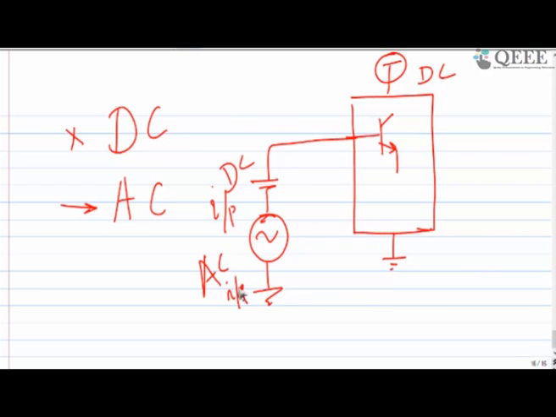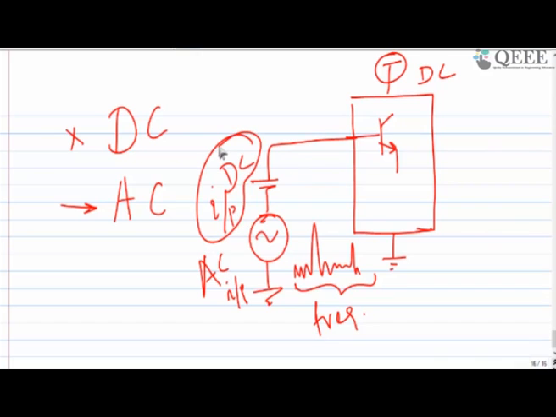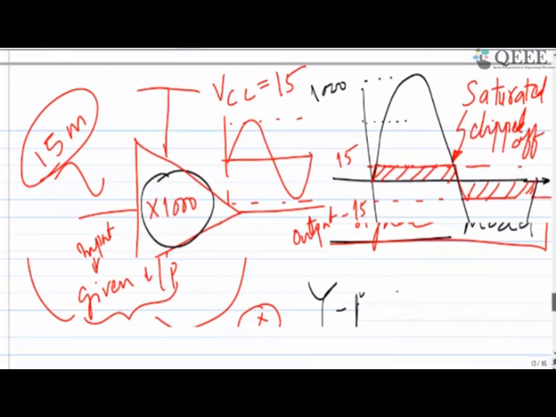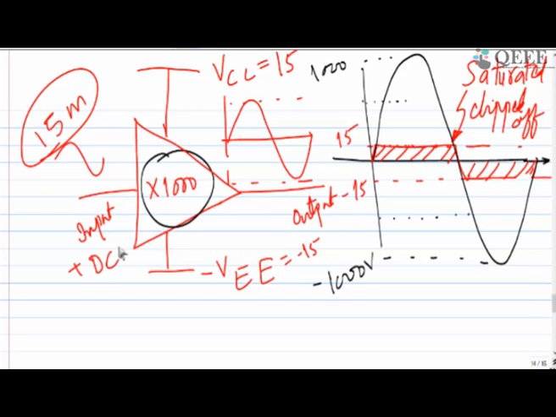So where is this AC input coming from? Assume that you want to amplify your own speech sound. That speech sound may be something like this. You want to amplify it because it has some frequency components, but you don't want the DC to be amplified, because if the DC is amplified, then your output will be saturated. Let's say here the input plus DC will be there.